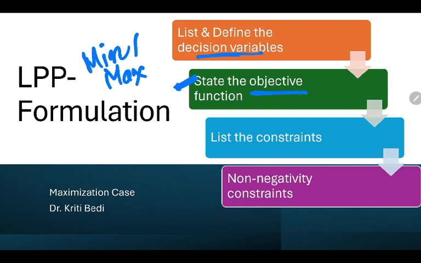All right. And then every company has some constraints also. Constraints as in some restrictions, some limitations. For example, the amount of raw material which is available with them, the amount of time for which the labor is working in their organization, etc, etc, right? So these are the constraints which you have to identify in the business problem.